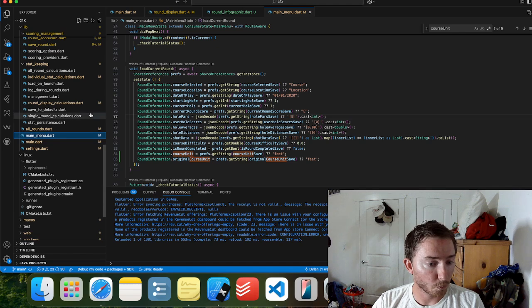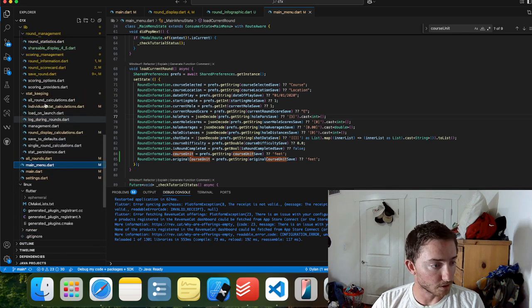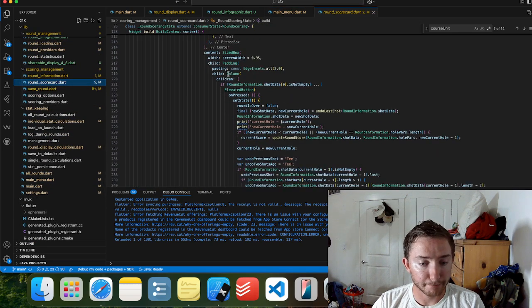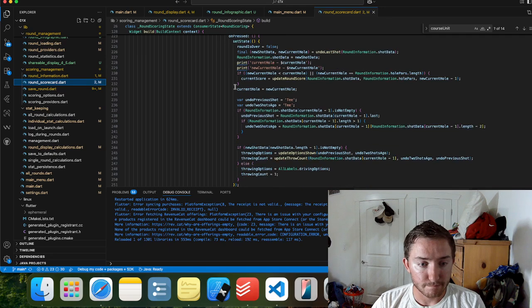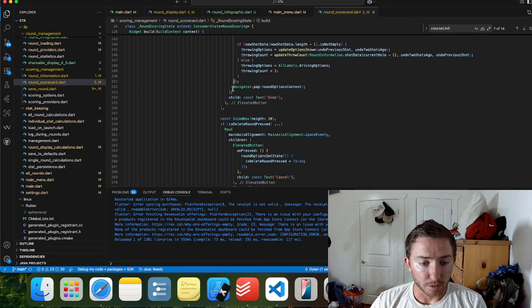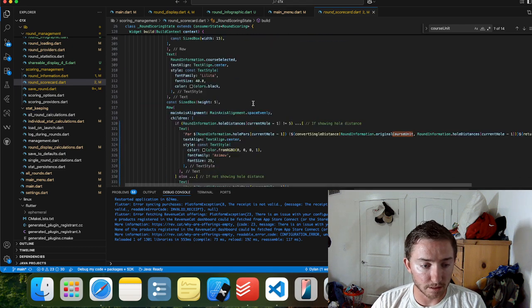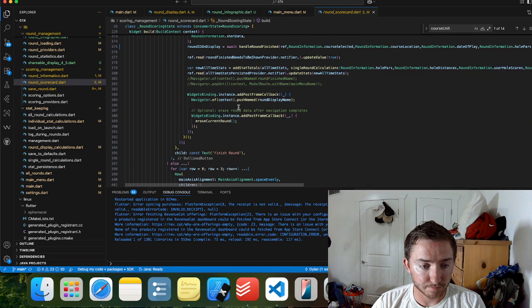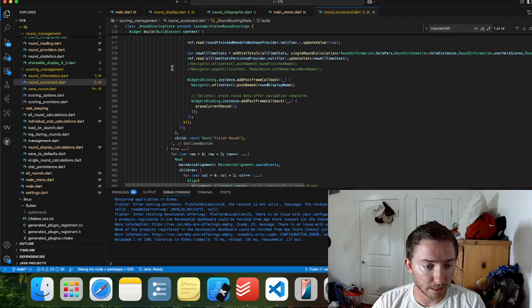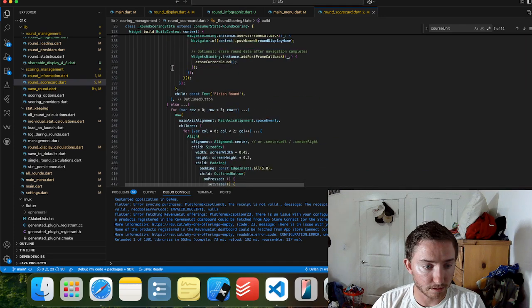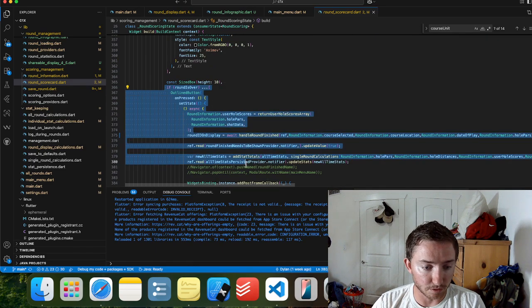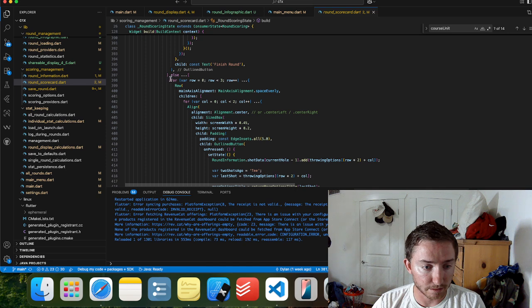So let's go back to the scorecard. That's the undo button. Let's go down here. Outline button, finish round. If round is over, this pops up. If it's not,